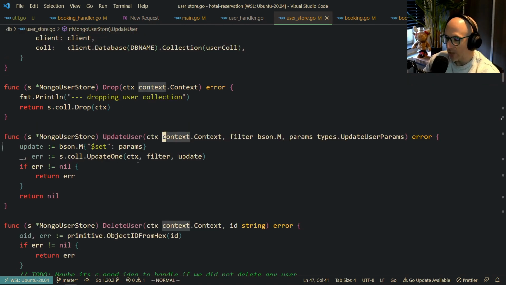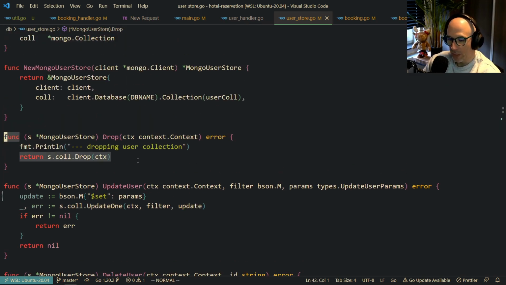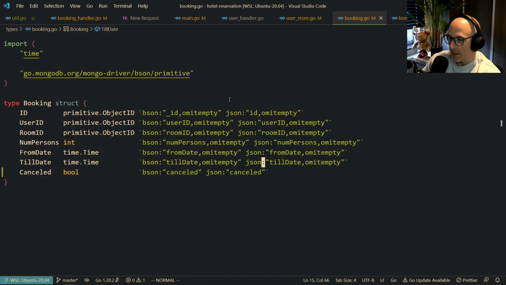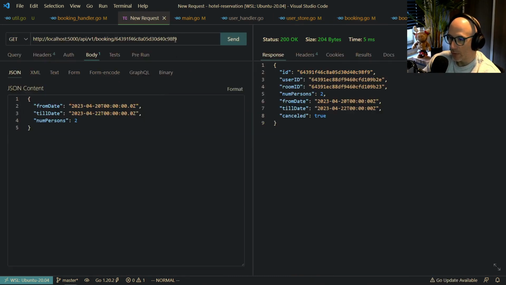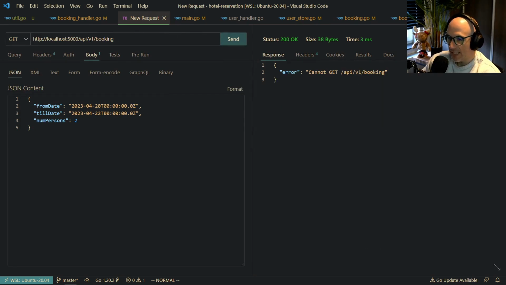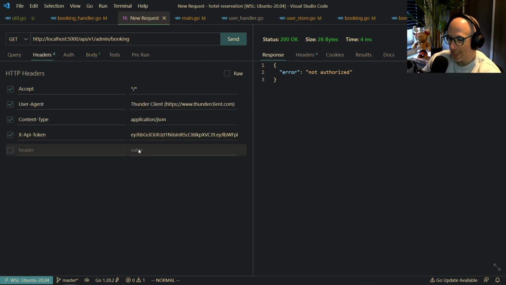So now we can cancel these bookings, that's perfectly fine. What I want to do real quick as an admin, for example, is do a new request and get /booking. It's going to be an admin, by the way. I think it's admin booking. Yeah, so we are not authorized. That's completely true. So we're going to set this token to another one. But instead of basically,